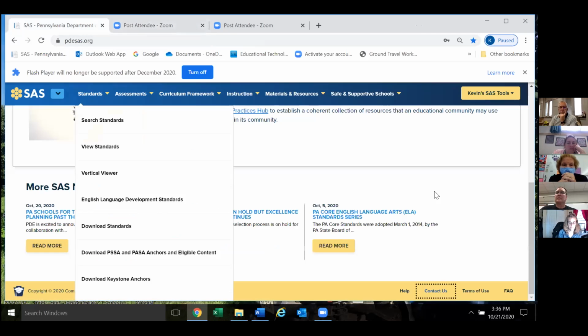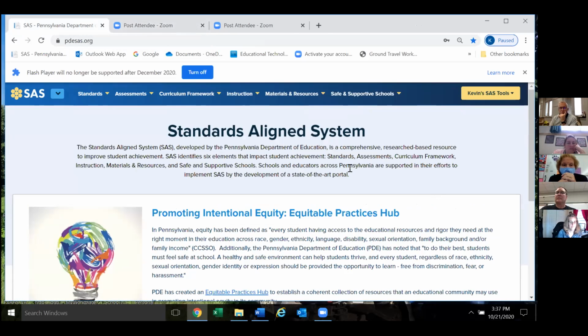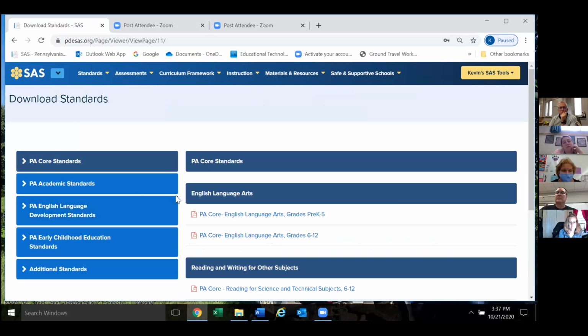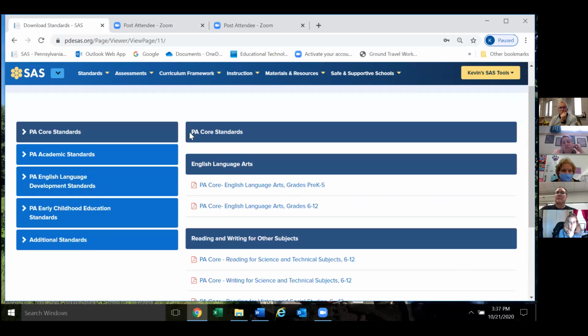So that is that. And then this is the main page. As you can see, when I go to the top, we've changed it a little bit. Before, you'd have to click on standards, and it would bring you to that page. Now we've got a drop-down menu. So if you want to go straight to somewhere in standards instead of the clicks, you can hover over standards and go straight to download standards, and poof, you're right there at download standards,